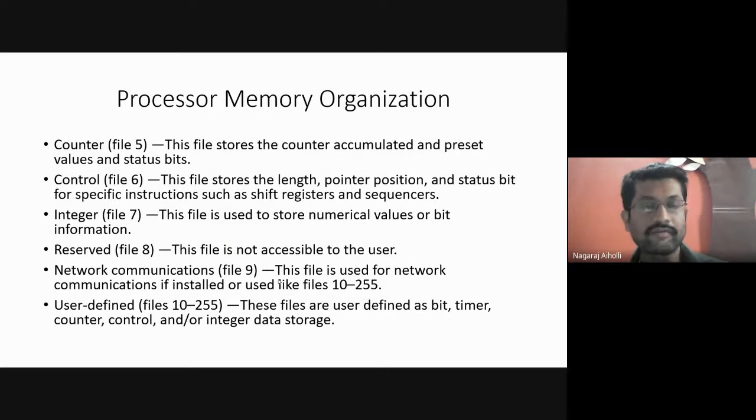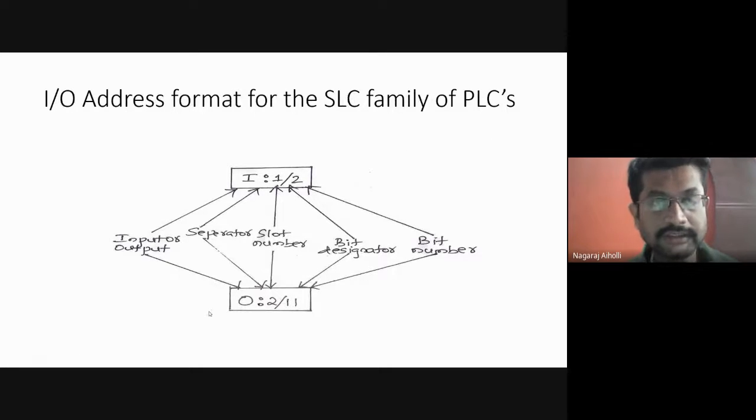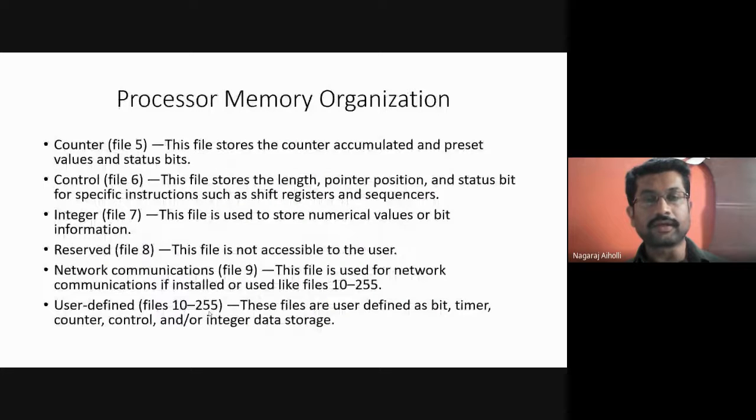And all the user defined data, that is bit information or whatever the user is feeding in the program, all that user information, that is control information, or it may be integer, any data, all that data is stored in file numbers from 10 to 255. Okay, that's all, students. I hope the concepts I discussed today were clear to you all. It was a revision. I hope it is much clearer to you now, right?